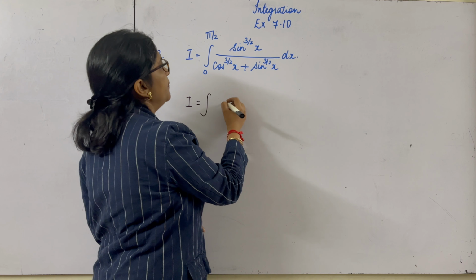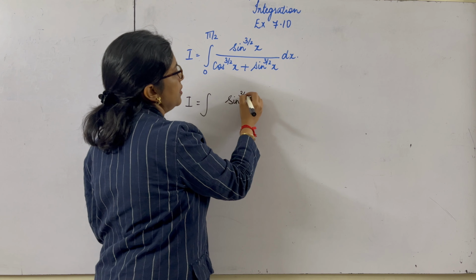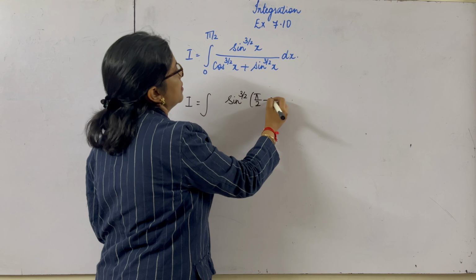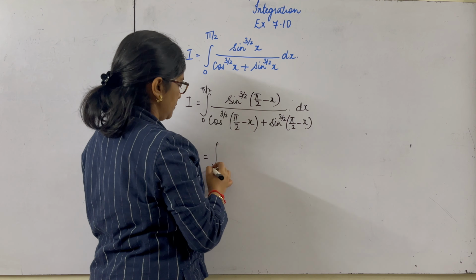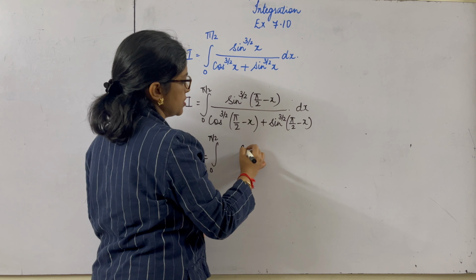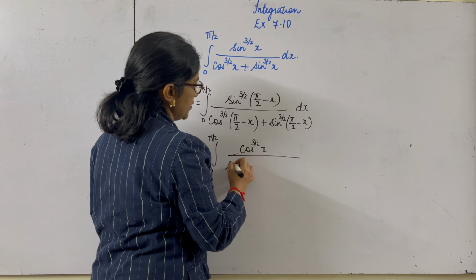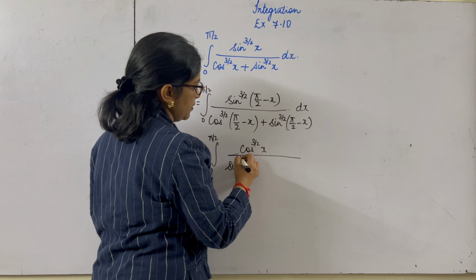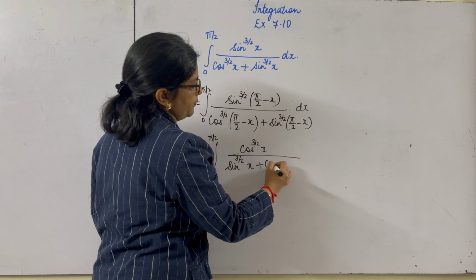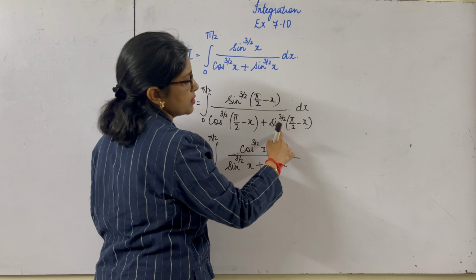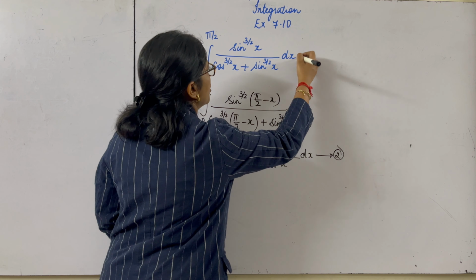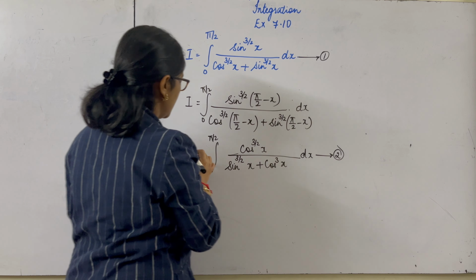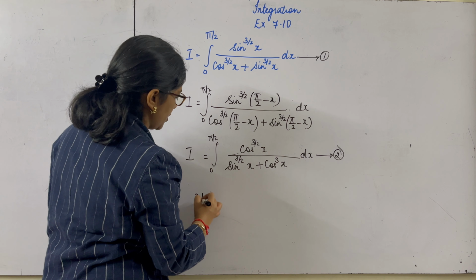Now let's apply the same property, a minus x. This will become cos. Cos of pi by 2 minus x is sine. And again this is cos. So as we see, we have the second term from the denominator. Let us add both of these. 2I is equal to